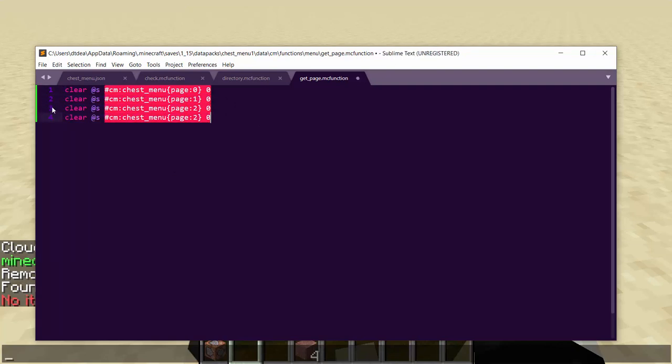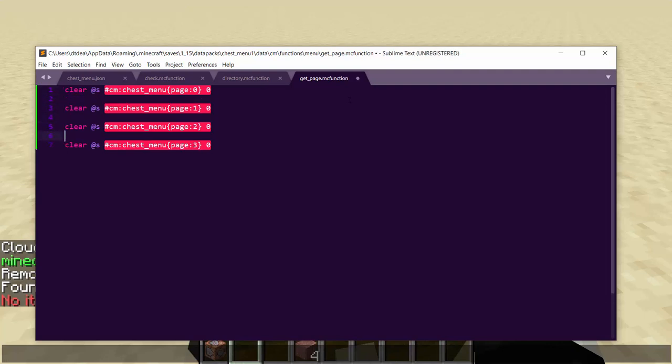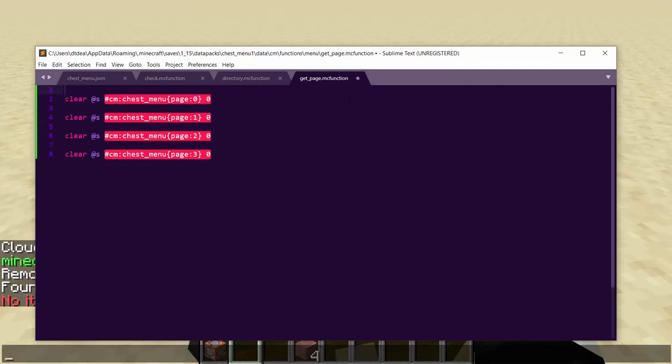Actually, we need one more for my example. Now we need to store this information somewhere. So this is where we have to get a little bit messy. We're going to create an intermediate player called bool, and he's going to be used to see if any of these were true. So execute if scoreboard